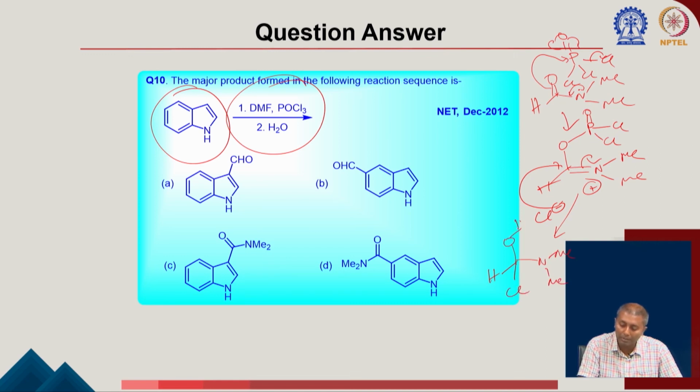So this is getting a better leaving group. So this nitrogen lone pair is going to come back, get rid of this, and it is going to generate this. So this is the reactive intermediate